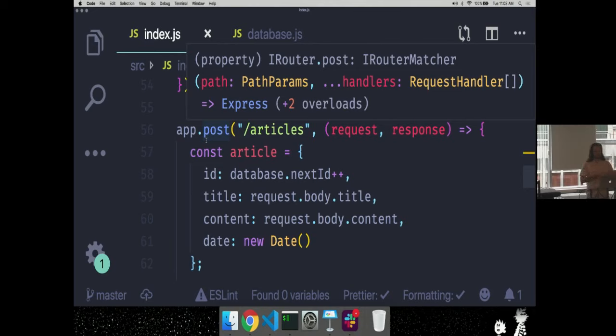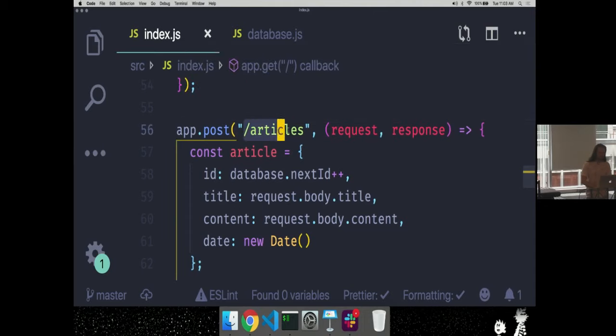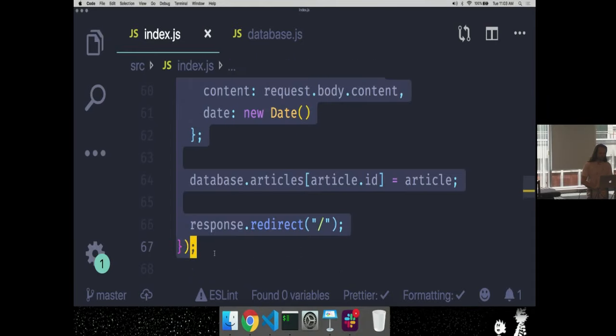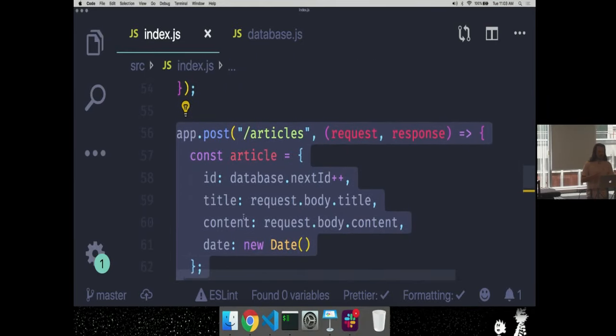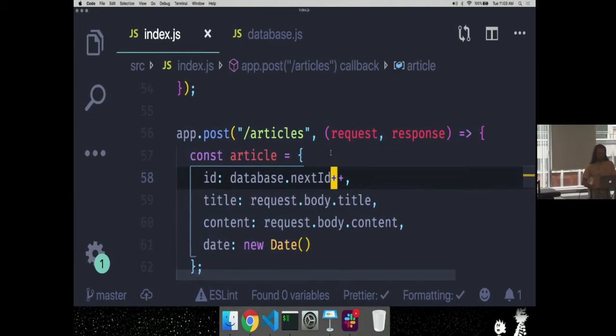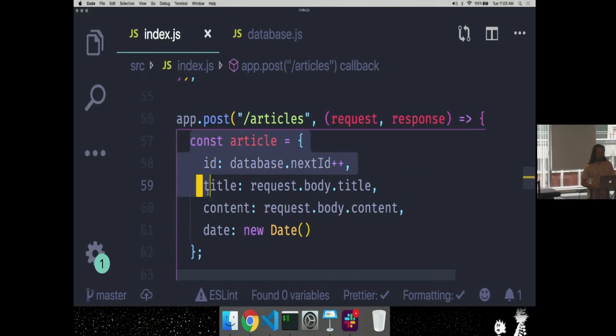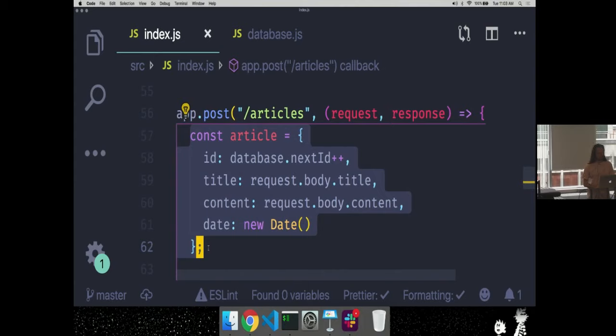The path, right? So we've got the method, we've got the path. So here is the path. This here is the route that is called when someone submits a form and does a POST request to my server. The behavior is all defined inside this function here. It creates an article resource, which is just an object that has a bunch of properties in it: ID, title, content, and date.